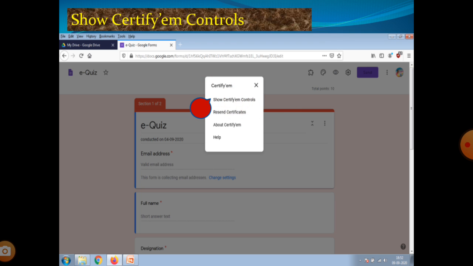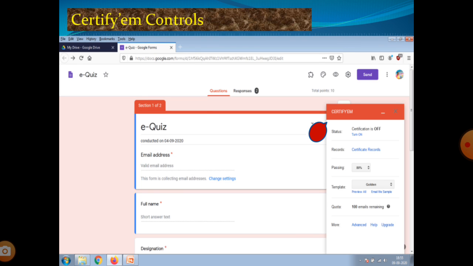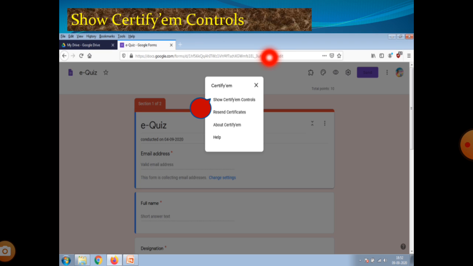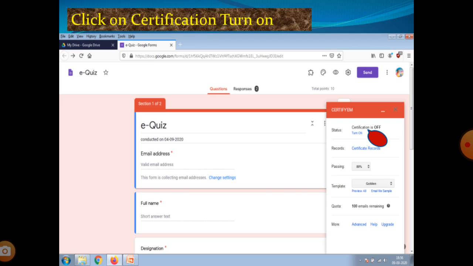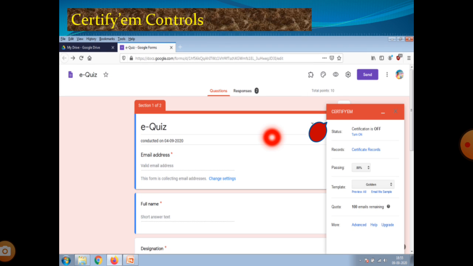So now I click Certify controls, and it displays this Certify panel. Now first, the status. This is the Certify add-on.